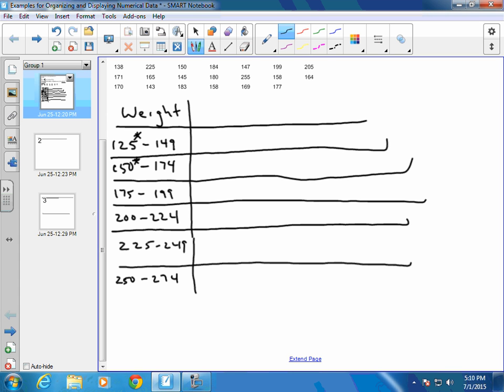Alright, so one way to do this is to put in a tally column, and then we'll put in our frequency column. Remember, what we need for a frequency distribution is simply the different values. Here we clump them into intervals and then their frequency. So I'm just going to go through. 138 would fall in the 125 to 149, then 171 would be in here, 170 also in there, 225 we're in this interval, 165, 143 would be in this first one,